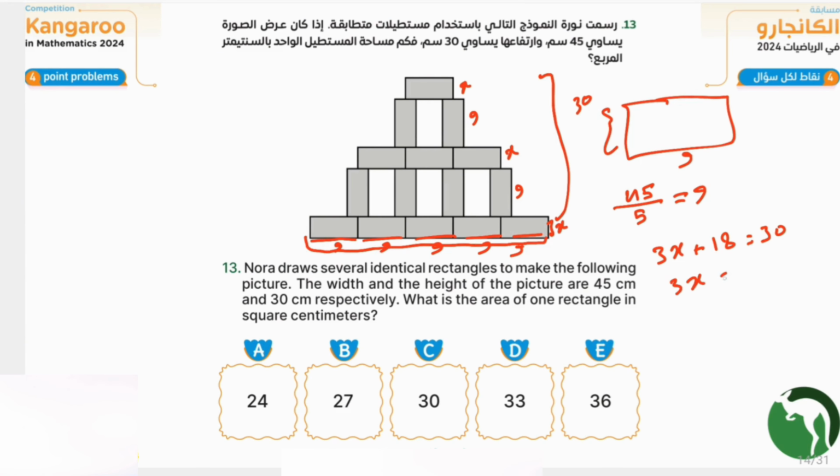So 3x is equal to 12, x is equal to 4. Now we found the height of the rectangle. Now to find the area, we have to multiply 4 by 9 and obtain 36, and E is the correct